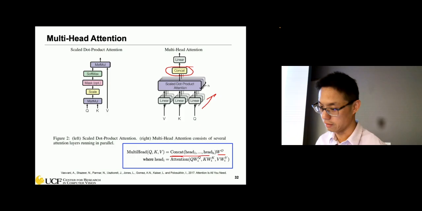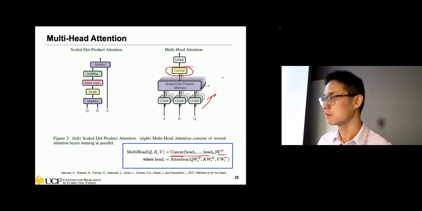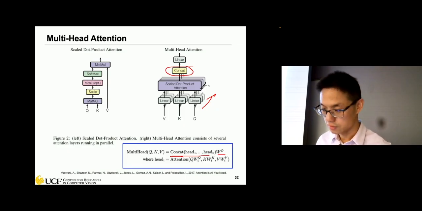In their case, they happen to uniformly divide the original input dimension by the number of heads, so when you concatenate them together, you still result in 512. But let's just say you are not using 64. You're using 10, so you have 10 dimensions within each head. When you do the concatenation, if you're using 8 of them, you end up with an 80 dimension. Then in this case, because you're going to stack multiple of these layers together,